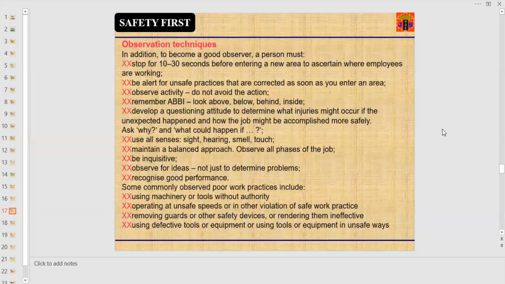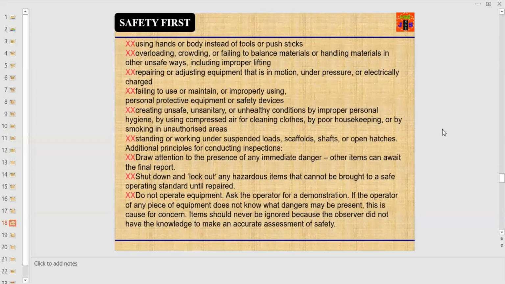Some commonly observed poor work practices include using machinery or tools without authority, operating at unsafe speeds, or in other violation of safe work practice, removing guards or other safety devices or rendering them ineffective, using defective tools or equipment, or using tools or equipment in unsafe ways, using hands or body instead of tools or push sticks, overloading, crowding,